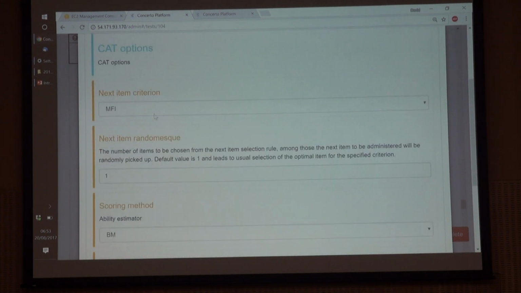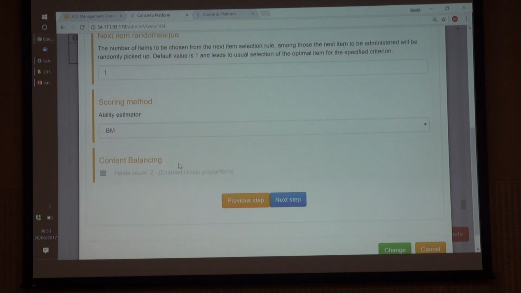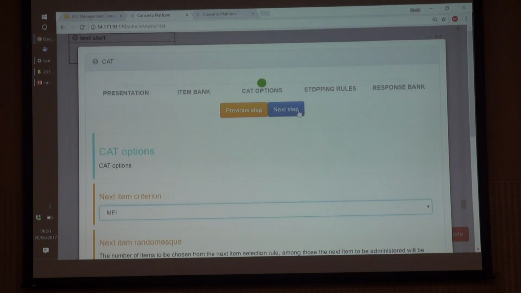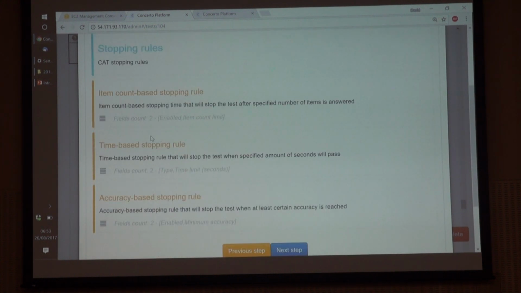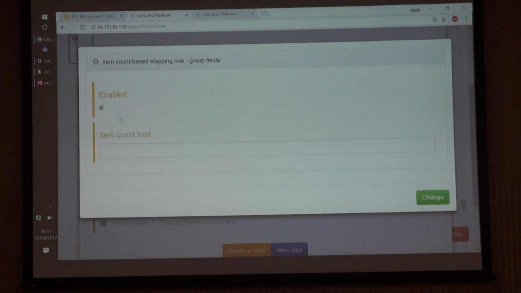CAT options, so basically most things that are in CAT, we've just copied across here. So if you want to do different ways of choosing items, if you want to have randomesque turned on, different ability estimators, different content balancing, then you can do that. And different stopping rules, which all kind of join together. So I'm going to have an item count stopping rule.